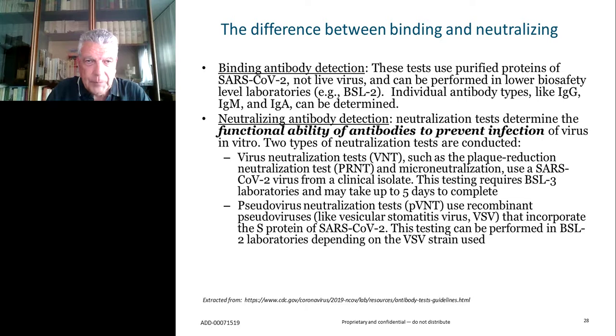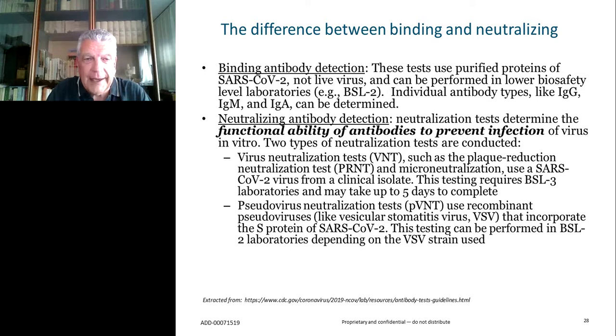And this is why. There is a difference between binding and neutralizing antibodies in that all assays that are in use now are testing for binding antibodies. Even if they target the spike region, the RBD domain or whatever, they will not detect the neutralizing activity, okay? They may be related, and indeed will be related to neutralizing activity, but that's it. If you want to check a neutralizing activity, you have to run viral testing.